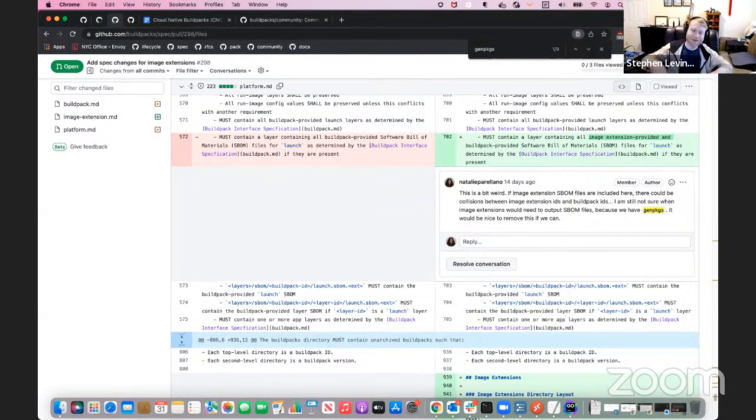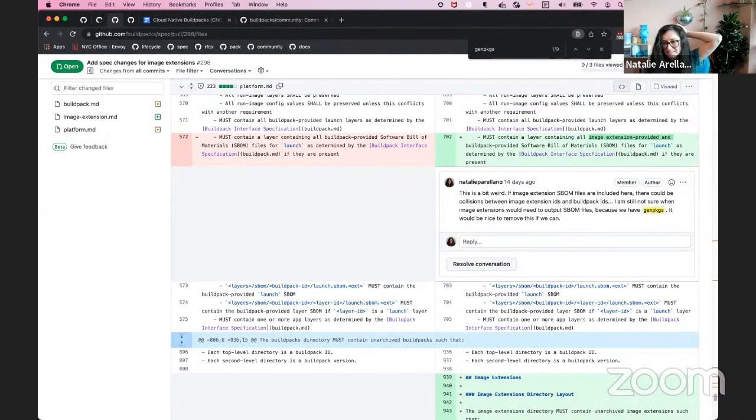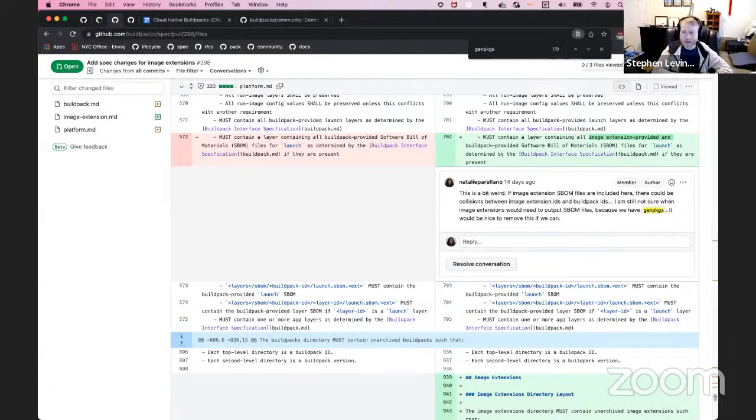Sorry, going on a tangent a little bit. Does that complicate the thing? So I remember this came up in the last discussion. What happens if you're not working with a registry, right? You're running with a daemon. Now you can't rely on there being a digest, right? So in the daemon case, there's still going to be,